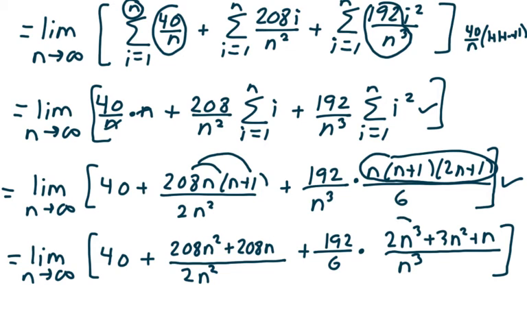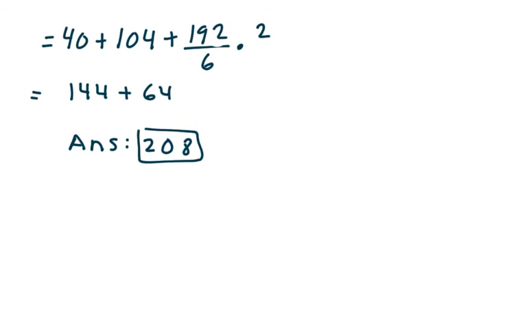And notice how the degrees match. And so when n goes to infinity, I should just be left with 2. When n goes to infinity over here, since the degrees match, I should be left with 208 over 2. And then I have the 40. And so that's exactly what I have. So remember,